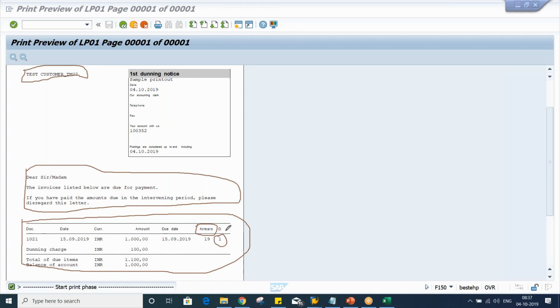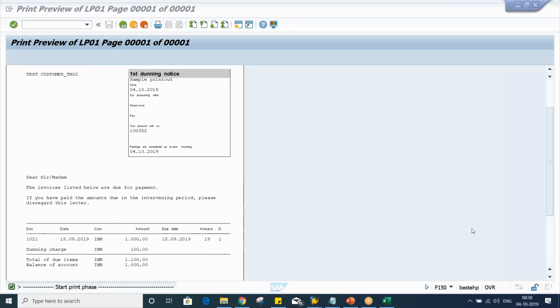So this is the level, in the sense first reminder or second reminder or third reminder, that our system is going to identify. So here we have the details, right? Now it means the dunning letter is getting generated successfully. Okay, here what is happening, guys? Your penalty, that is 100 rupees, and let's suppose once we